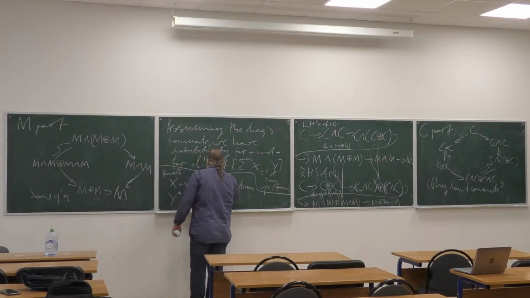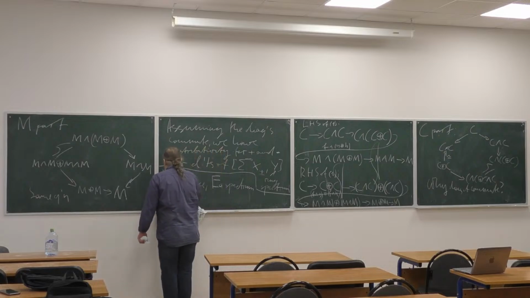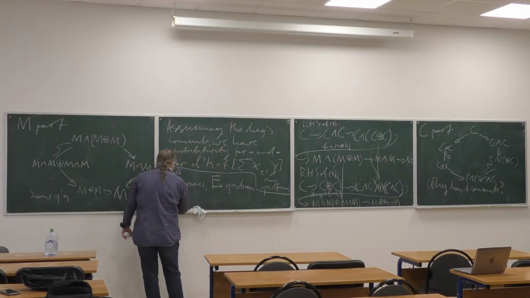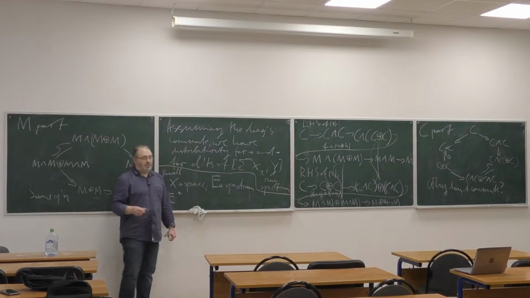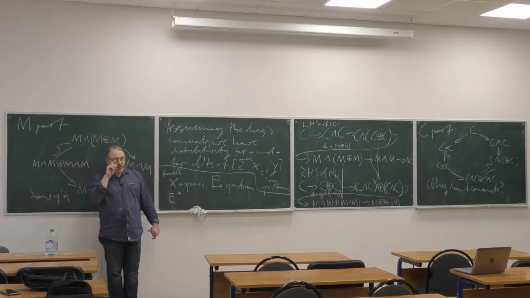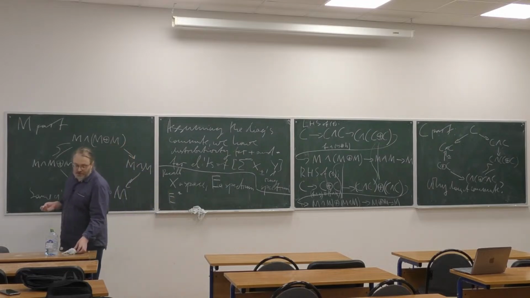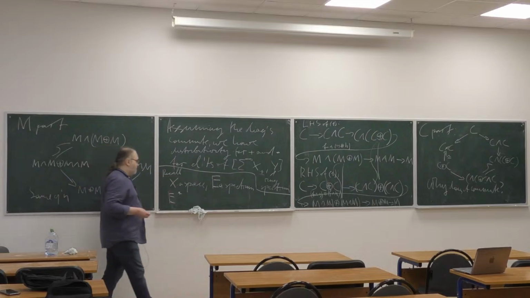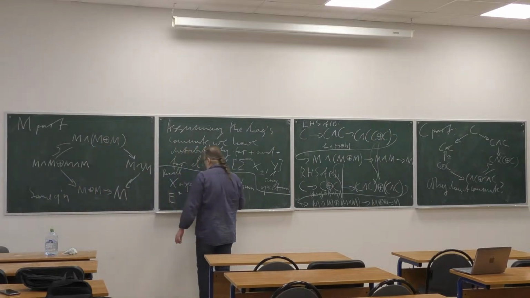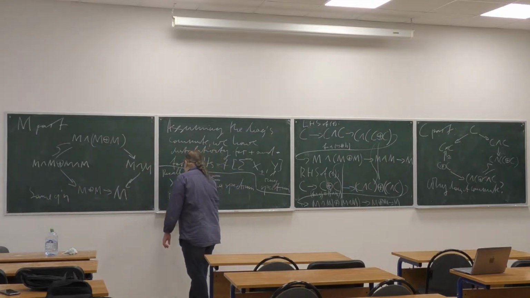Let me call the spectrum E. Why E? Because E resembles H. And H is the letter we use for cohomology. So to make this similar to the usual notation, we